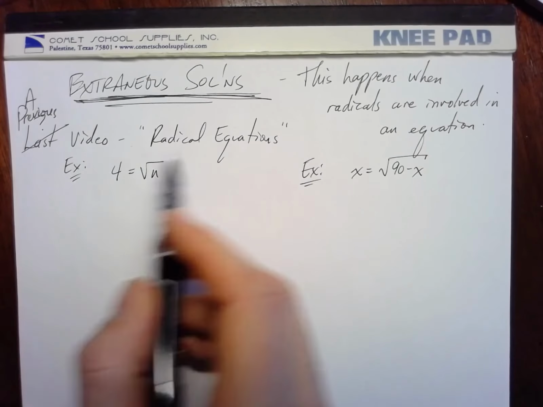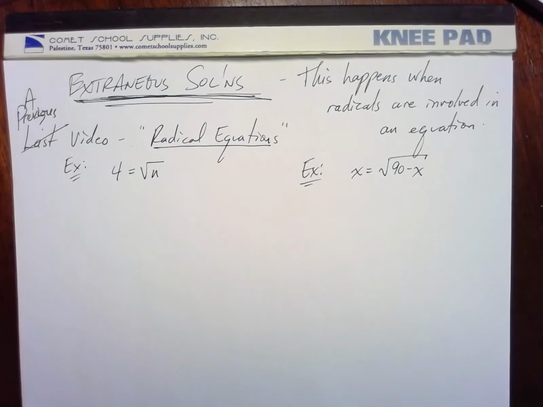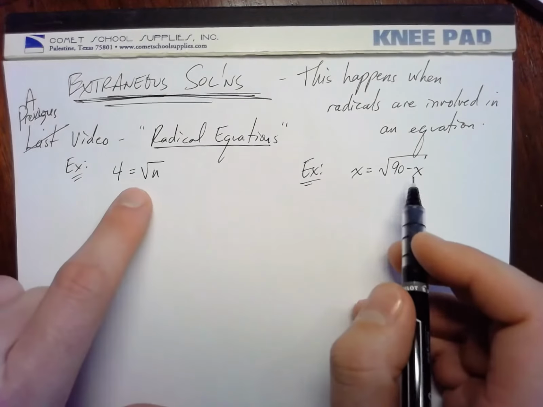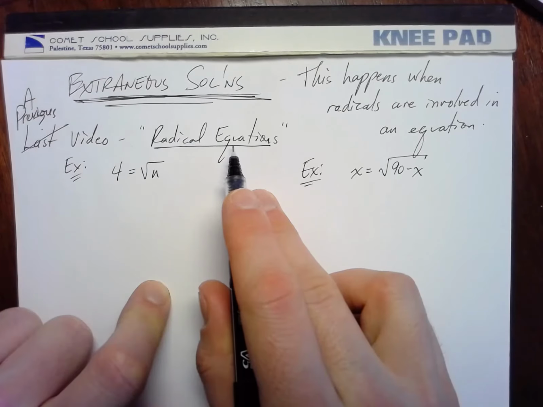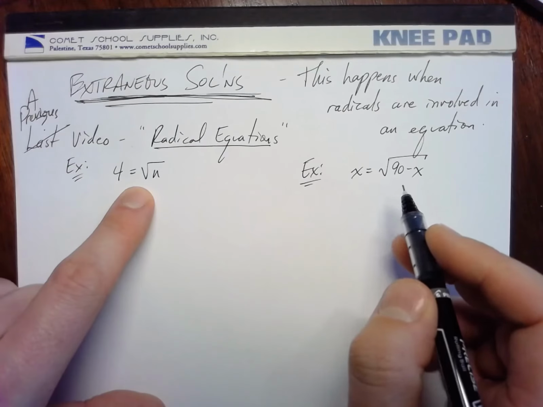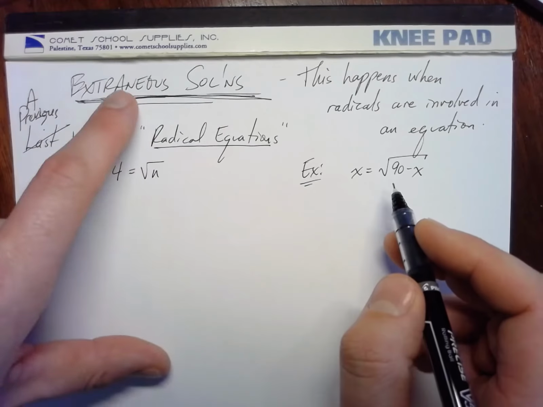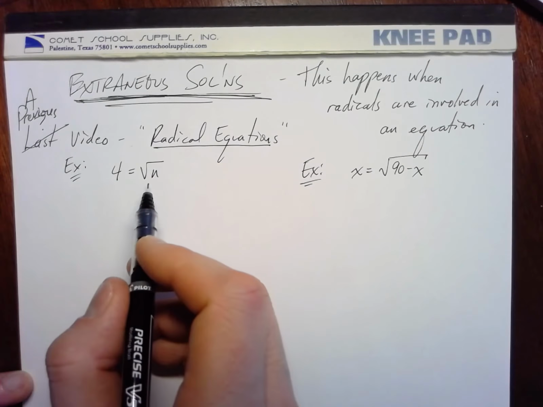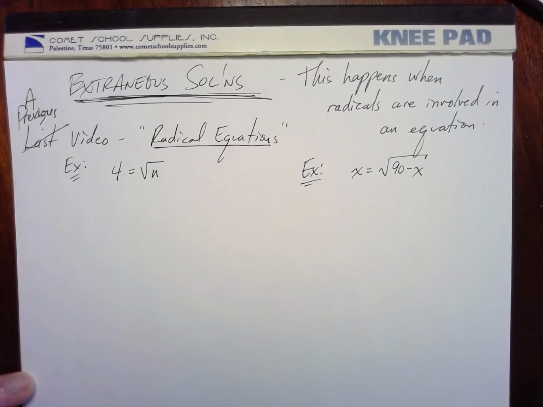So I want to go back. We're basing this on the radical equations video that you've already watched. I went back there and pulled two examples, which I did in that video. I'm going to do them again, and then I'm going to tell you how this fits into this question of extraneous solutions. So here's the first one: 4 equals square root of n. Well, what we're going to do to solve this